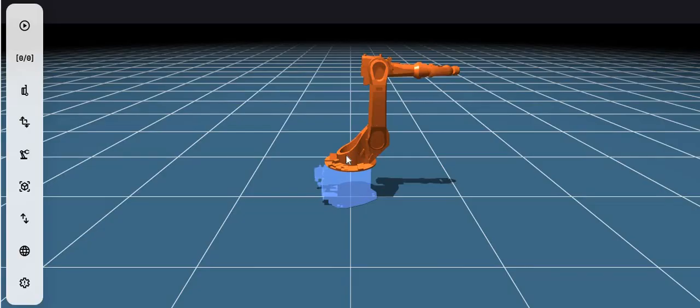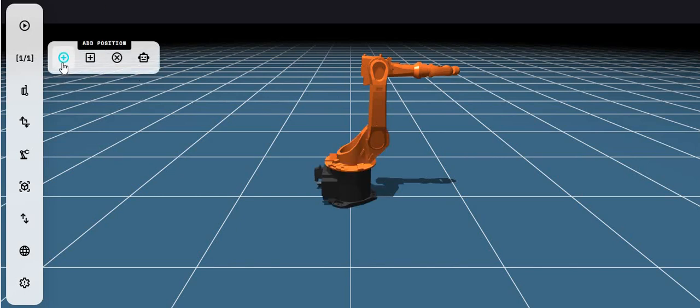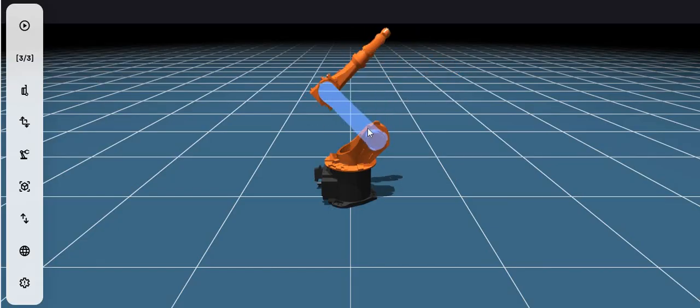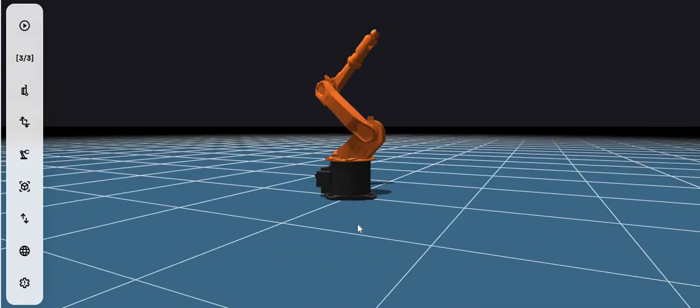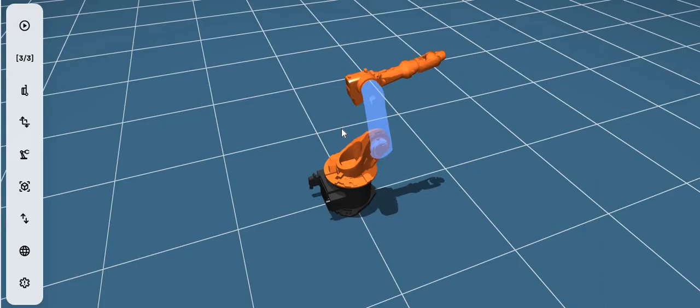Again, on BabaCAD. So let's see, we can add position, right here I'm doing a rotation,